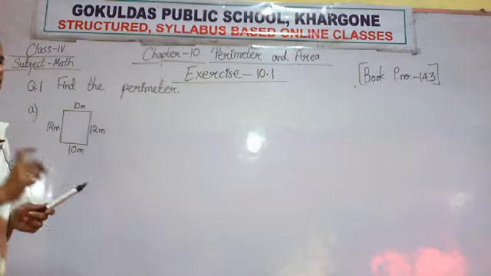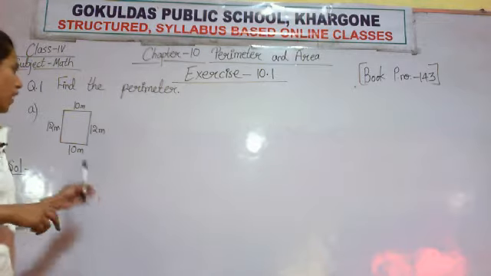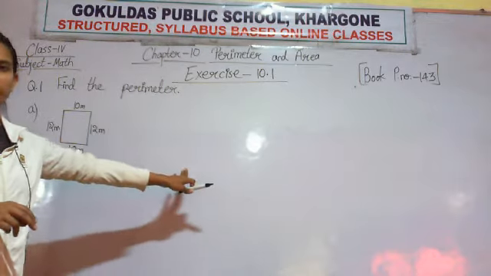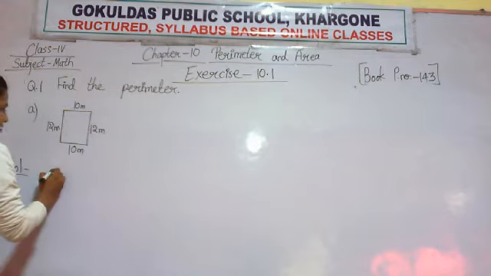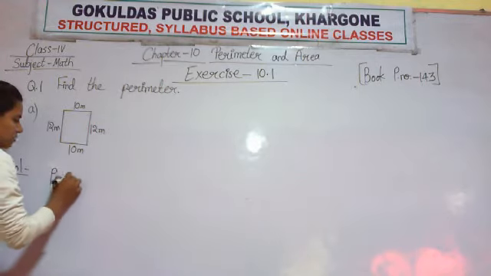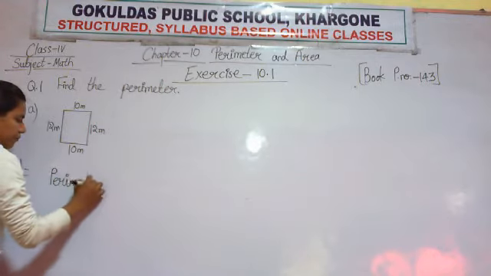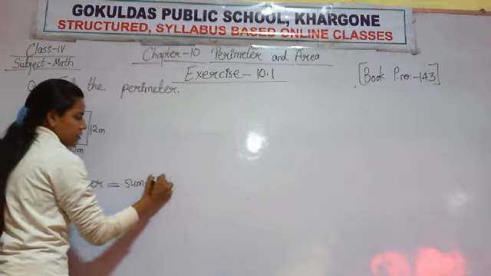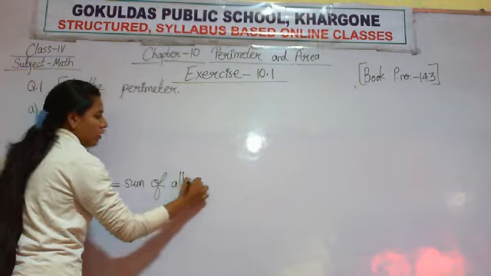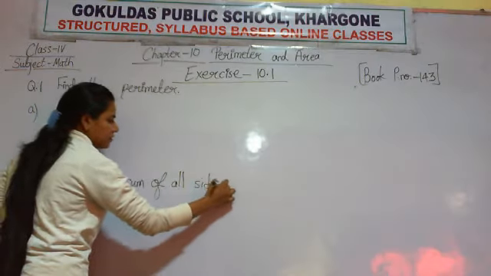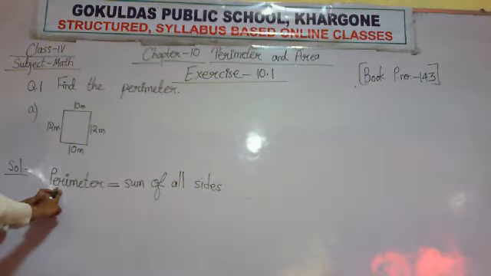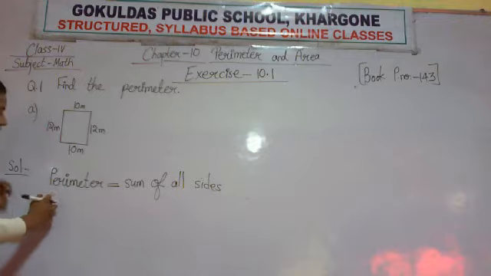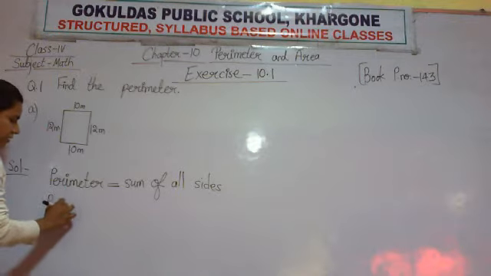Just before 2-3 minutes ago, I have written a formula on the board. What was the formula? The formula was perimeter is equals to sum of all sides. We want to find perimeter, so write perimeter as it is. Perimeter is equals to